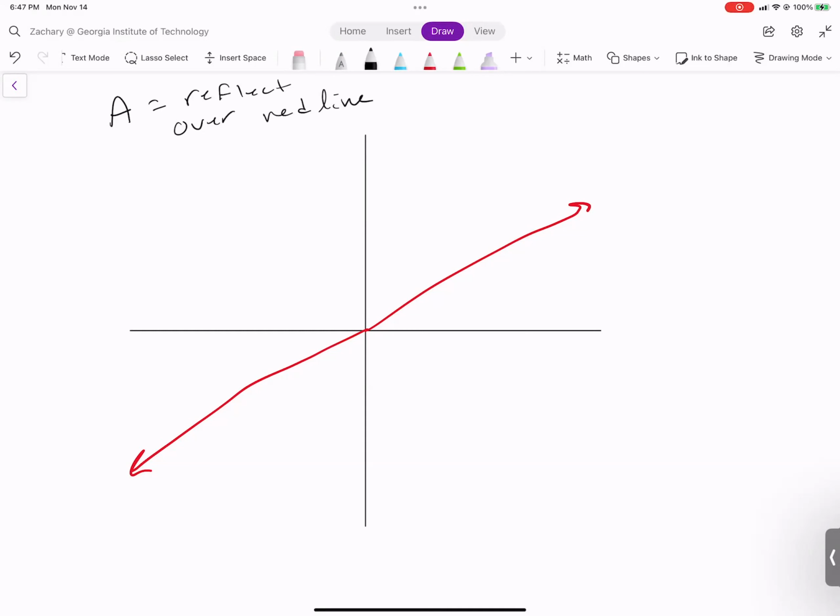So if we're reflecting over this red line, what set of vectors is going to be easier to think about when we reflect? Something on the line, exactly. If it's on the line, what happens to it as we do the reflection? Nothing. So what is it multiplied by? Lambda equals 1, and this is our vector 1. Every time we do this transformation, it gets multiplied by 1, which is the same as saying nothing happened.